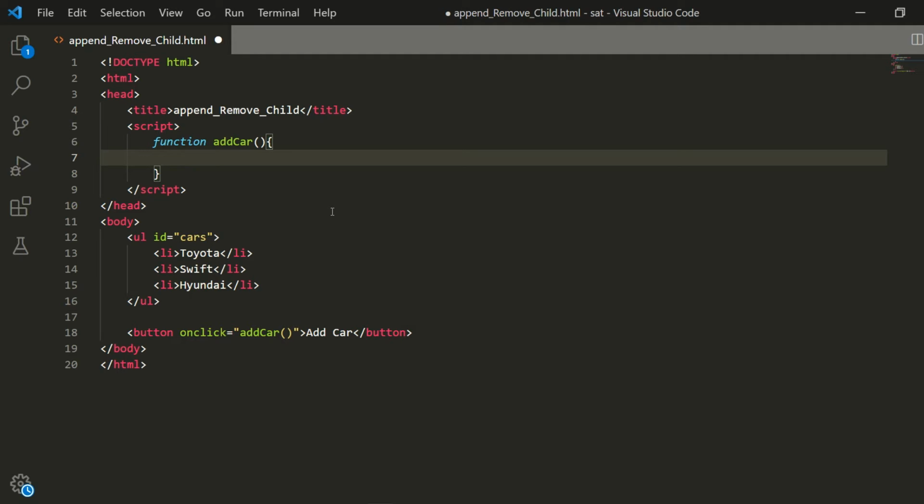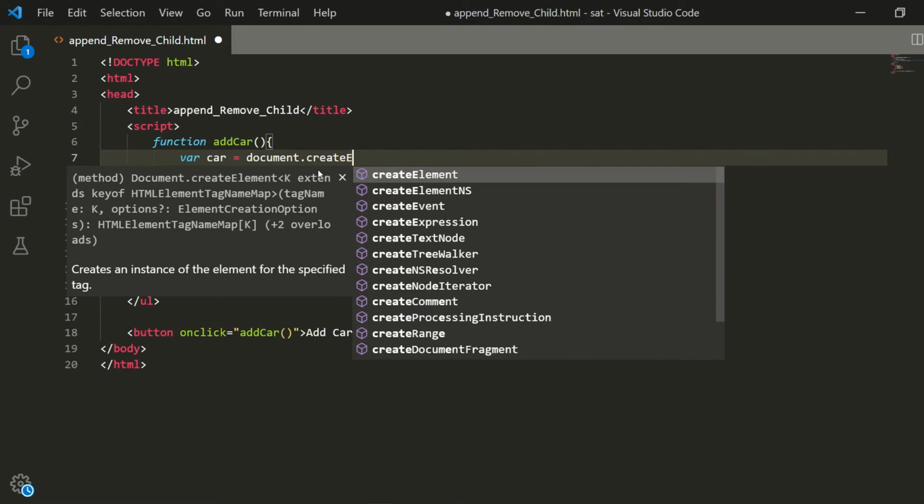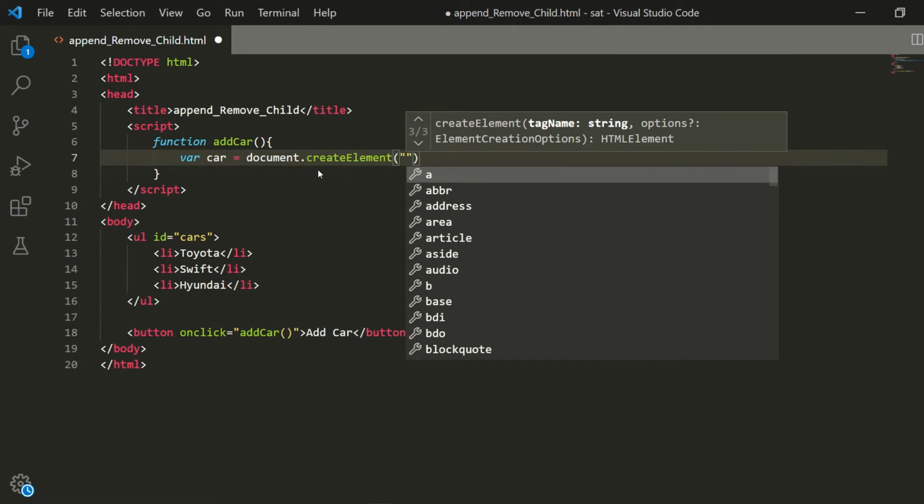To create a new list item, I will keep a variable, let's say car. To create a new list item, I will use the createElement method of the DOM, and inside that I want a list item.